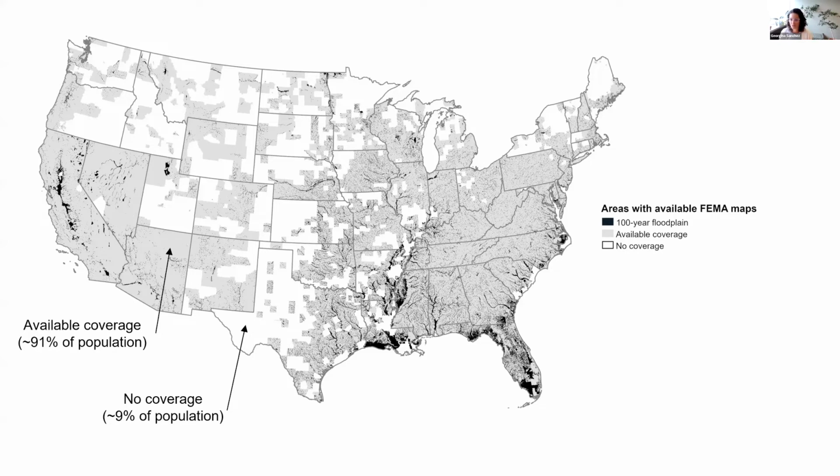So our goal for this project was to investigate the impacts of flood management policies on development patterns, specifically the regulatory 100-year floodplain, which is what I'm displaying on this map. We know that the great majority of highly populated areas do have flood maps available, and those are areas colored in gray on this map, but about 40% of the nation lacks FEMA flood maps, mostly rural communities. And here, we also see the actual flood map colored in black. So Florida, Louisiana, North Carolina, most definitely stand out.